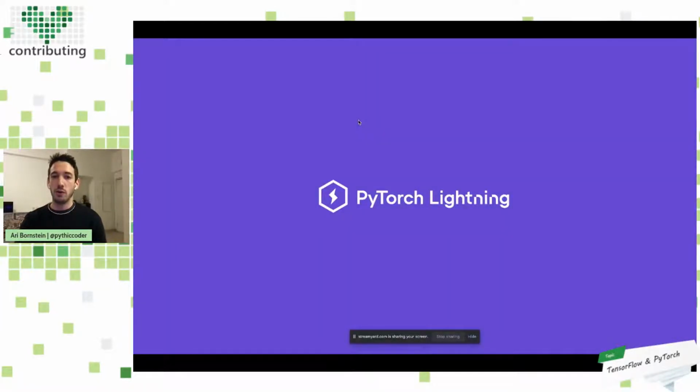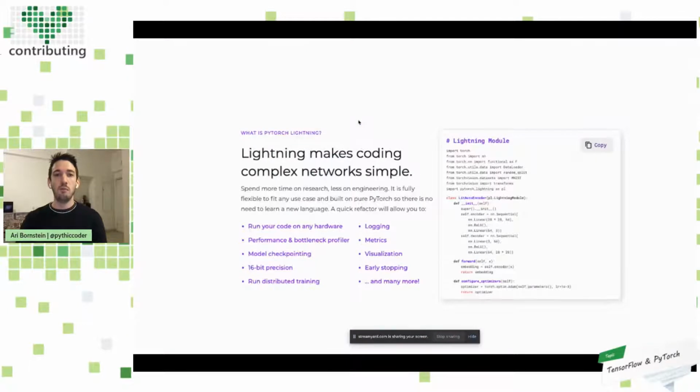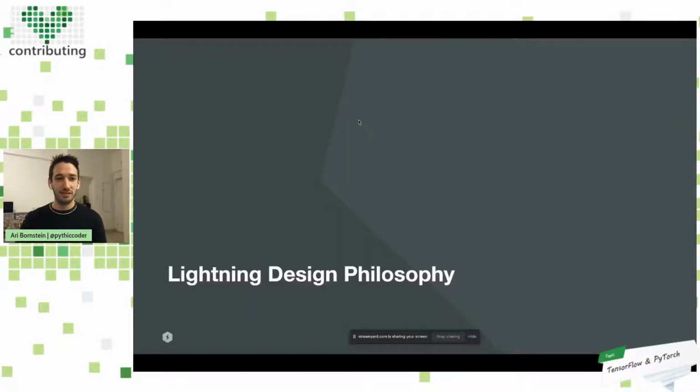So you might be asking yourself, okay, cool, I've heard of TensorFlow, I have some familiarity with PyTorch, but what's PyTorch Lightning? Well, PyTorch Lightning is a way of organizing PyTorch to make coding complex deep learning research models simpler. It enables things like reproducibility, being able to reuse code, readability, and it also enables best practices, which we'll look at in just a minute.